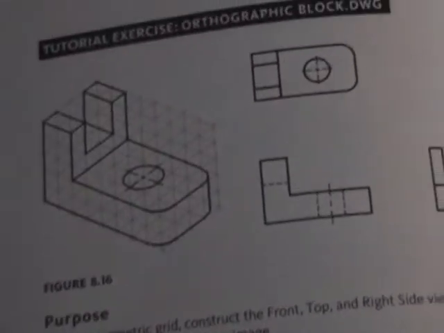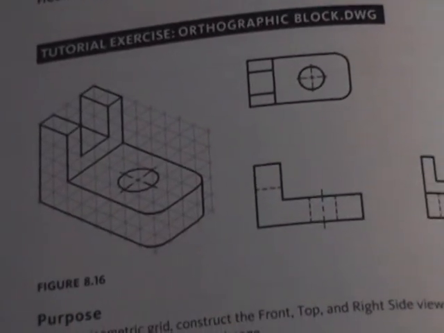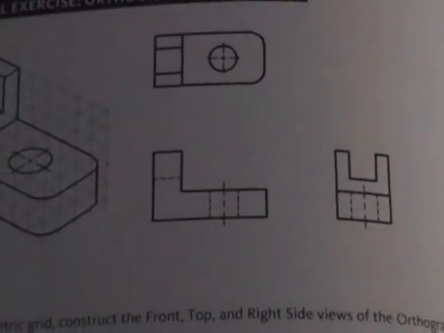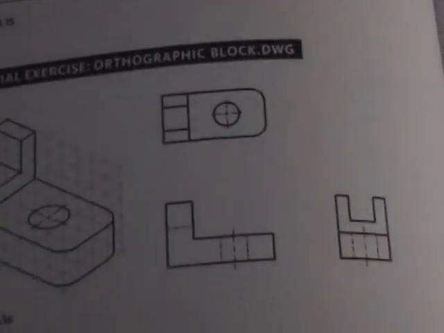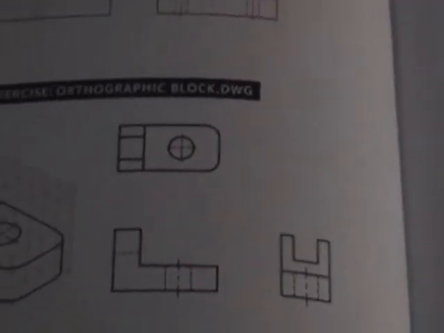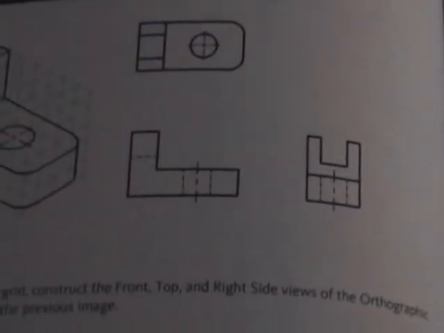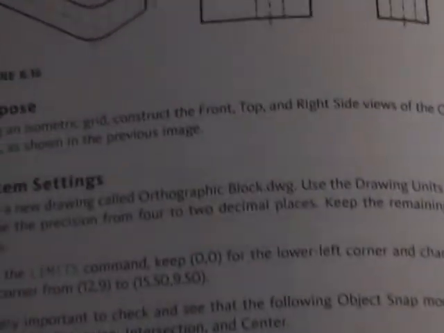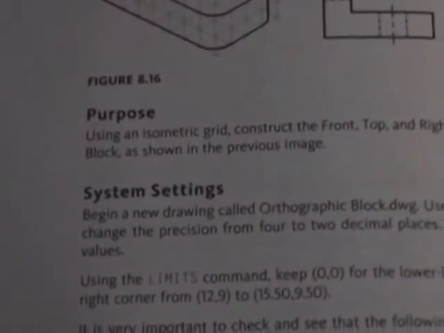As you can see, there's a nice isometric view on the left. There's a top view, a bottom view, and a right side view, similar to what we spoke of in the lecture on three views typically being adequate enough to graphically represent this part. Now the student's going to work through each one of these